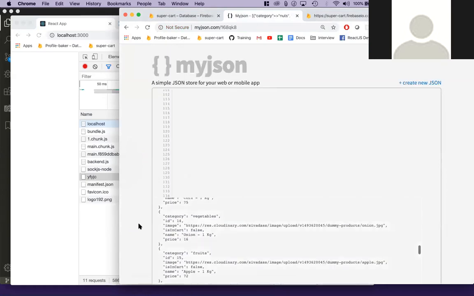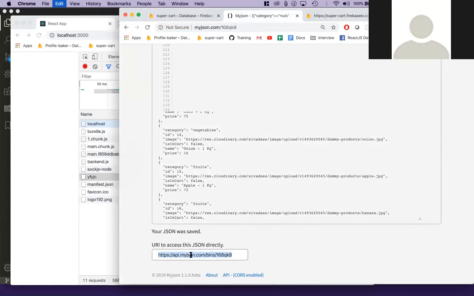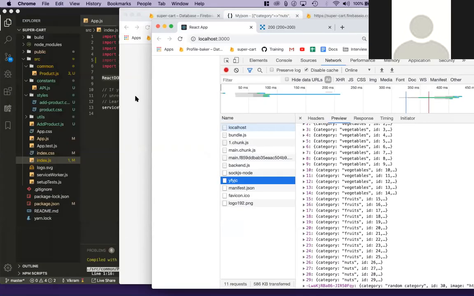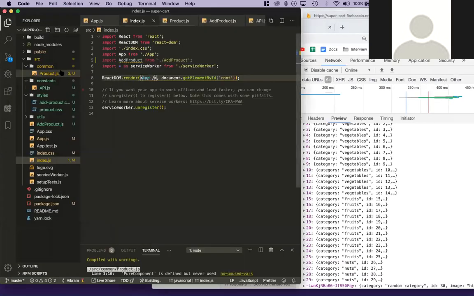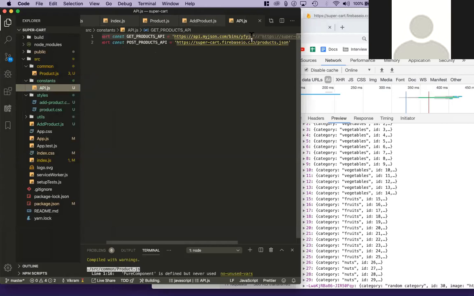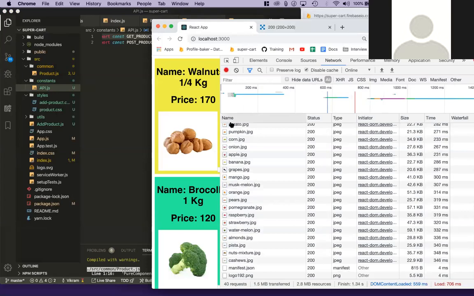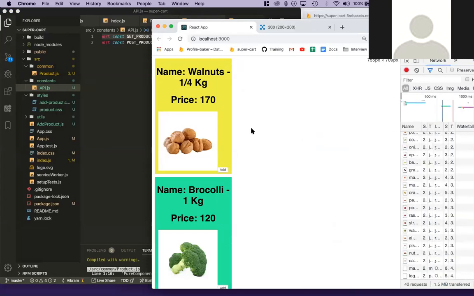That should create me a fake API. I'll take this fake API and put it back into my application. Okay, and then give it a run, and you should be able to see I'm still getting this data, but this is not the real data. I'm just not getting it from the real database. This is just a fake database that I have created. This is what you do when a backend developer gives you a response: you put that into a random